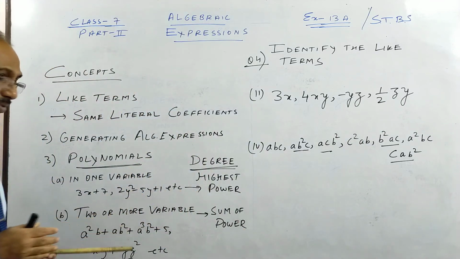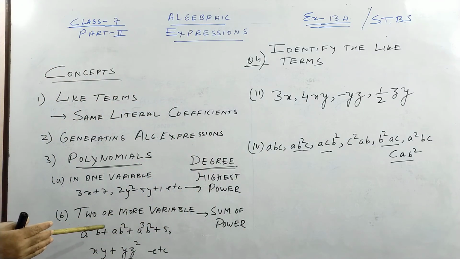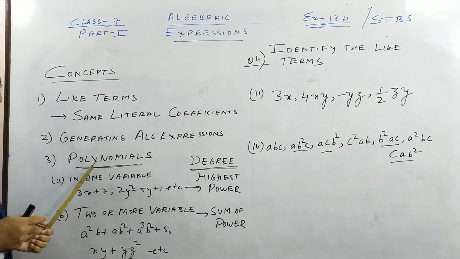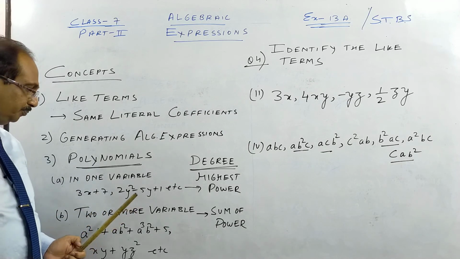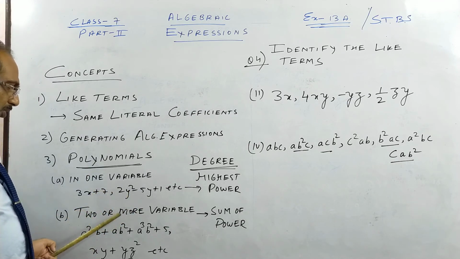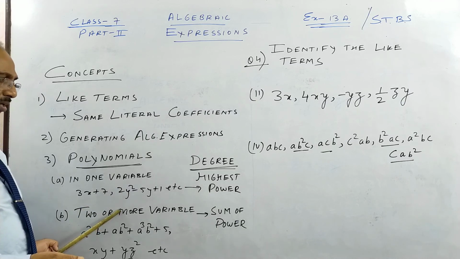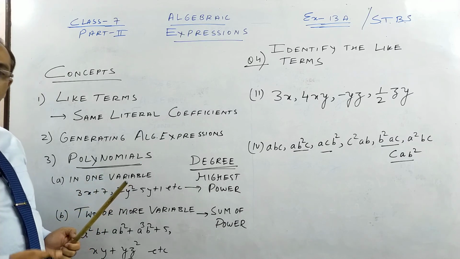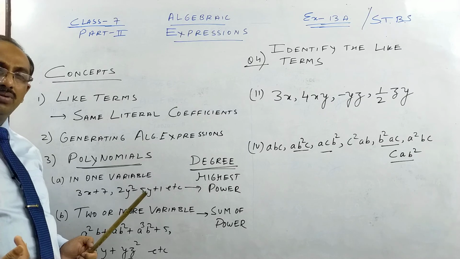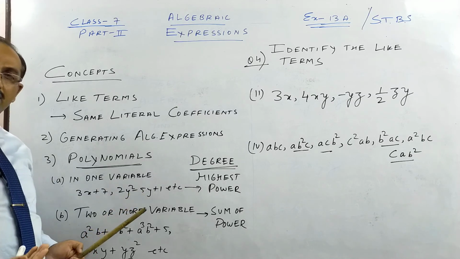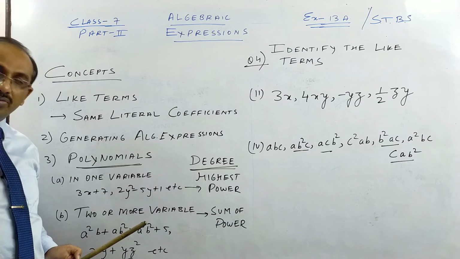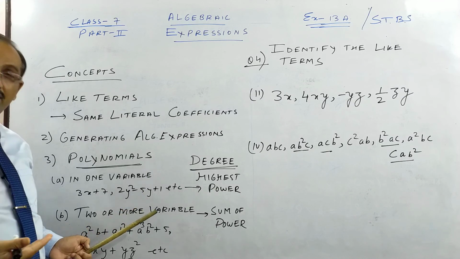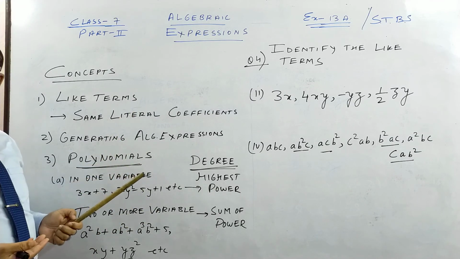So finally, one more thing before I go to the last 2 questions of this exercise 13a. Polynomials are of 2 types: in one variable or in 2 or more variables. I think in the class 6 video you have more practice and more material on polynomials than in class 7. So if you want to practice more, and you have done well in class 6, well and good. If you have not, you can see my video lesson and learn or refresh yourself. You tend to forget things. So refresh your ideas, then class 7, especially this chapter, will be easier for you.